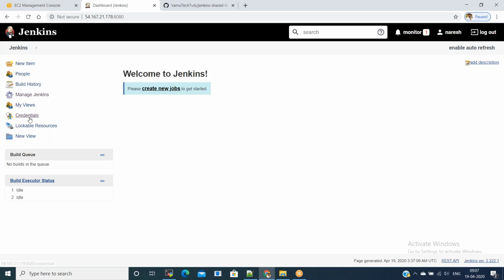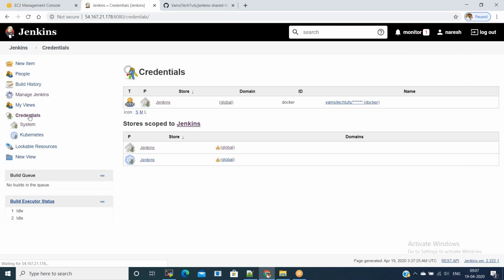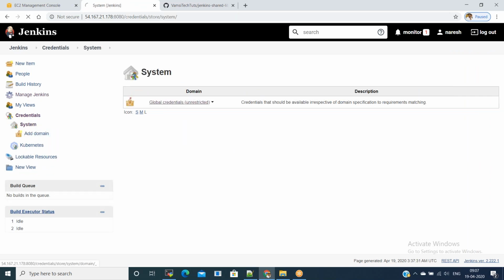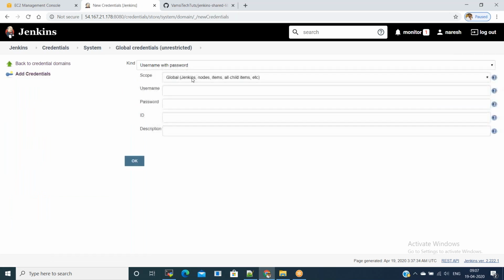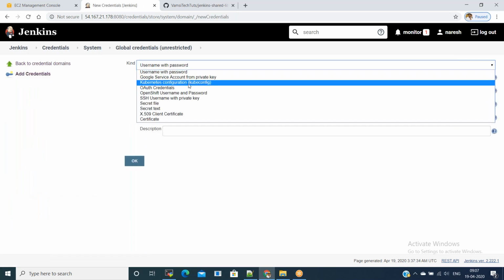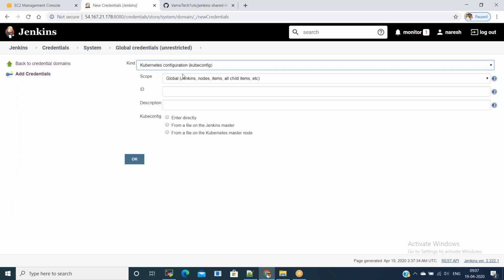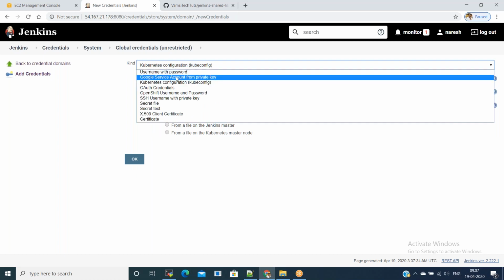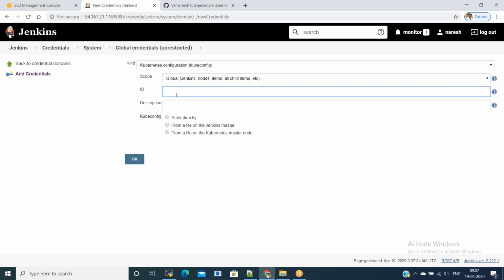Copy this kubeconfig file and go to the credentials section. And in the kind, look for Kubernetes config file. If you see, kind is Kubernetes configuration kubeconfig file, and in the ID, keep some ID.